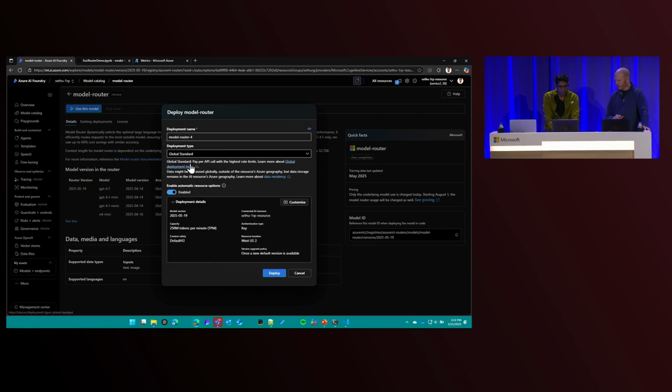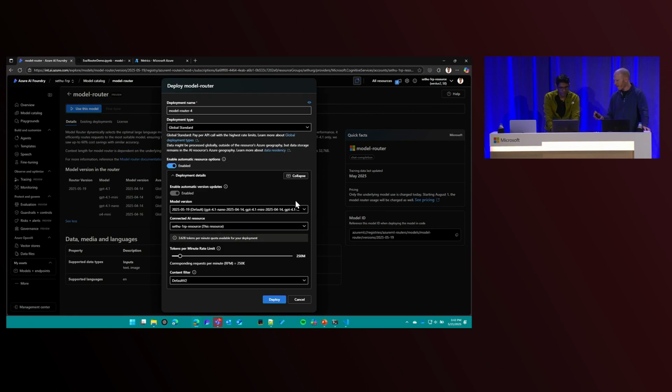The first thing that it's going to do is make sure that those models are available in the region. What about quota? I'm used to setting quota on each individual model. How do I think about quota with a model router? For model router, we're giving a pretty generous quota matching 4.1 mini. So pretty much the largest quota out of that family of models you're giving to the model router as well. Yes. Fantastic. And you also can configure RAI filters in this. So all the existing functionality of deployments are available in model router, just like a normal model. Yes. Fantastic.